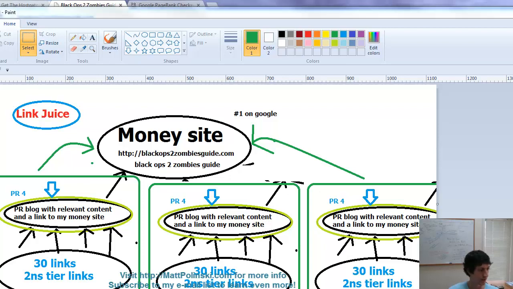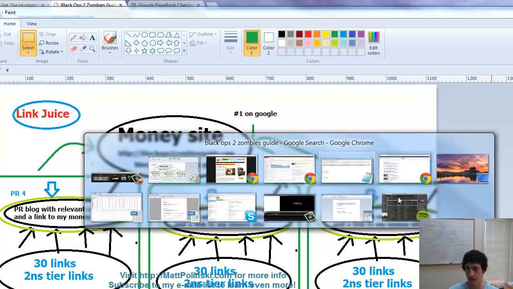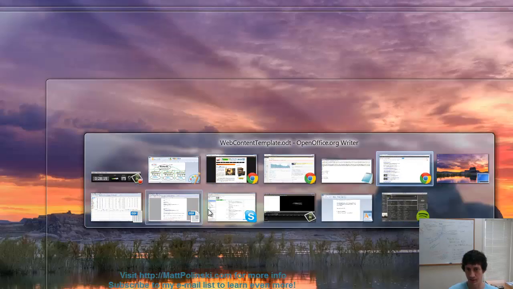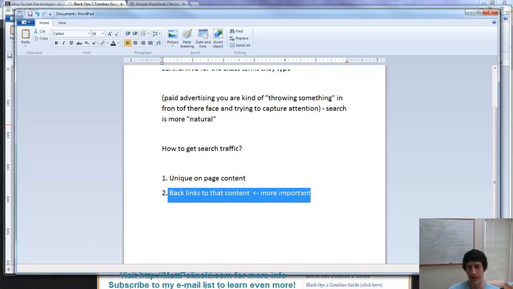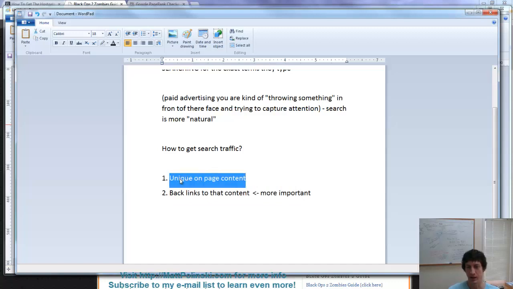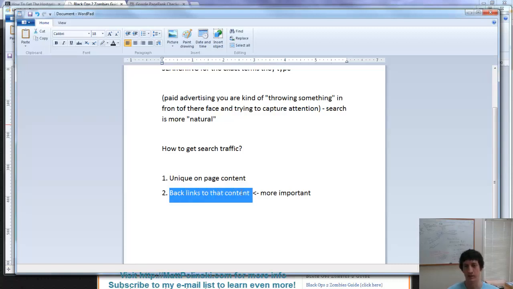principles. I'm looking over here on my other screen trying to pull up, I get lost in so many tabs open all the time, let me tell you. There it goes. So really you just need these two components, and the backlinks are more important than the unique on-page content. But at the same time, there's no reason to rank a page that doesn't have good on-page content. You can rank pretty much anything if you just use this backlink strategy